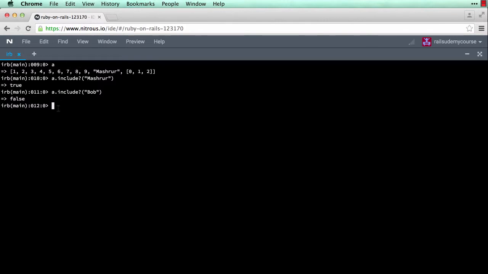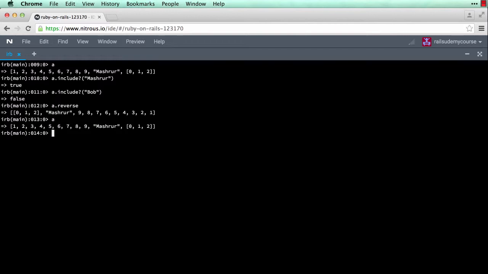I can reverse the order of the array. If I go a.reverse, it reverses the order. If I type in A again, what happened? I thought we reversed the order of the array, but notice how here it showed what the reverse order is, but it didn't update the original array, which is A. It kept it as is. How do I do that? How do I mutate the caller? I do that by using